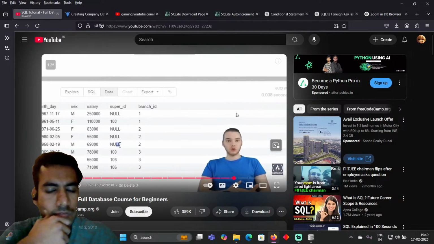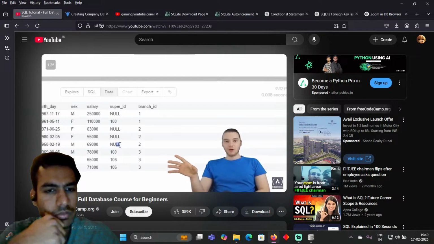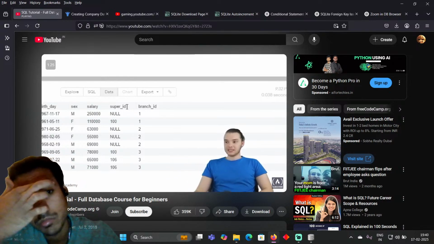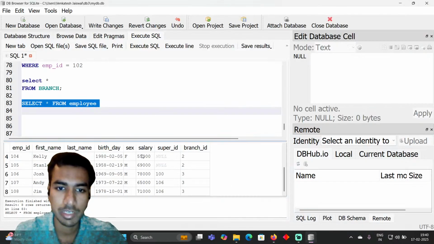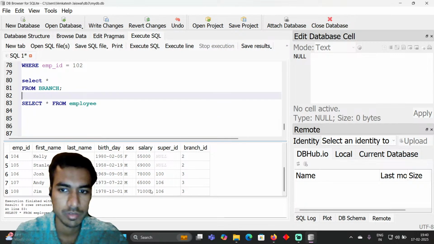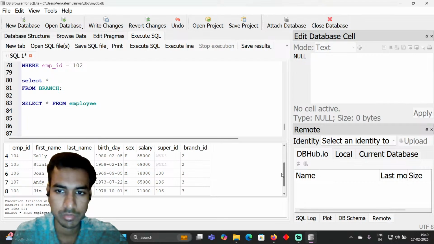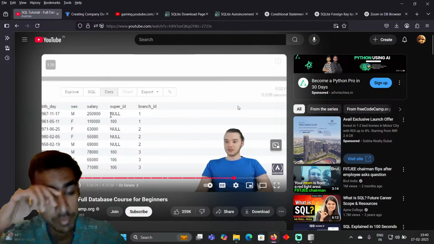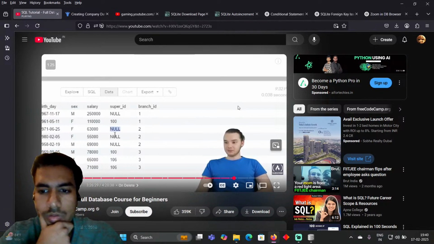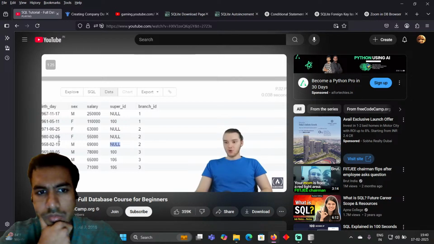And if you remember back to when we created the company database, when we created the employee table, the super ID also had on delete set null. 102 डिलीट हुआ associated to it. And so that's है, यहाँ भी डिलीट हुआ है 102, अगर देखेंगे तो 102 कहीं नहीं दिख रहा। That's why when we deleted Michael Scott, all of the employees, namely these 3 employees right here, who had Michael Scott